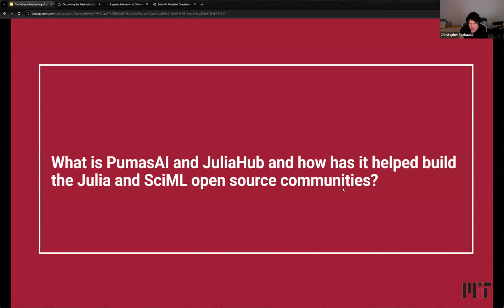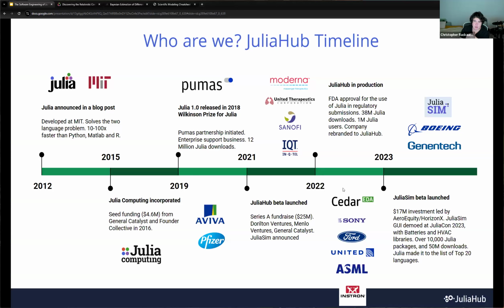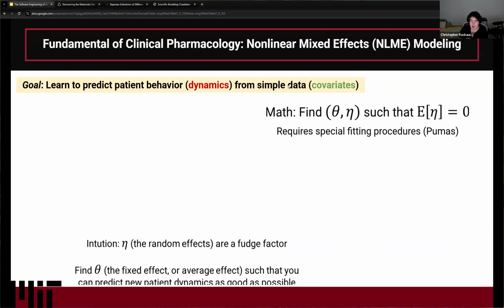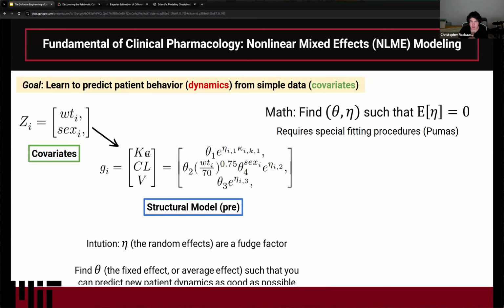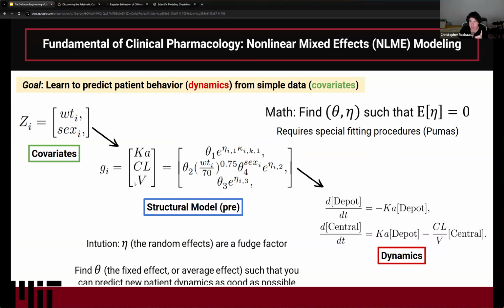So what we've done is we've been able to build out some companies where their products are built on the open source space in a way that contributes back to the open source. I mentioned this one, Pumas AI. Without going into the whole story, what Pumas does is nonlinear mixed effects models, where you're given some covariates. These are things like weight and sex and whether you metabolize drugs fast, so like six features about a person. And this goes into a structural model that predicts these parameters,